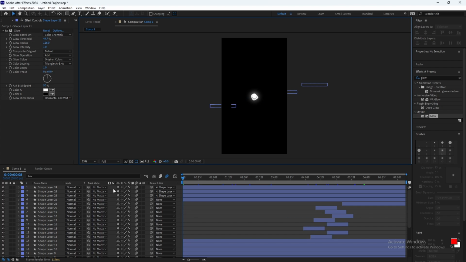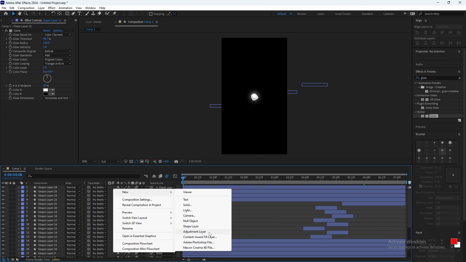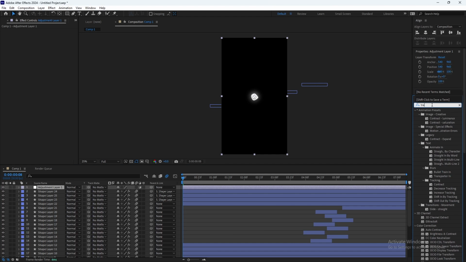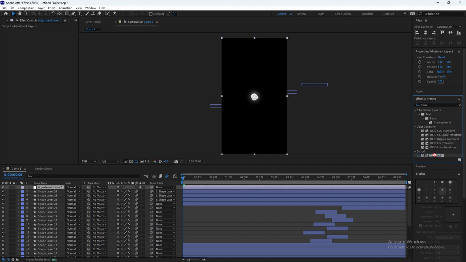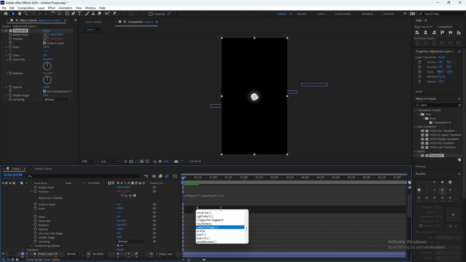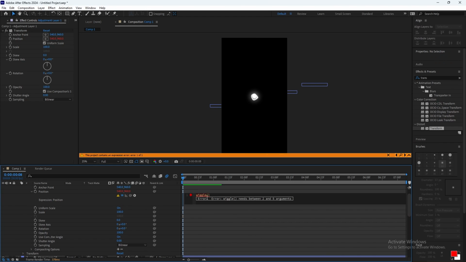Another thing we can add is another adjustment layer. Search for transform. Position, click alt and the left click on the mouse, and it will open this thing, and then do wiggle, then do 0.5 and 10.